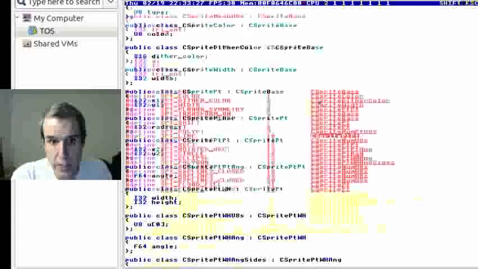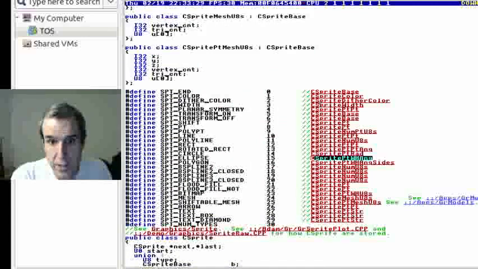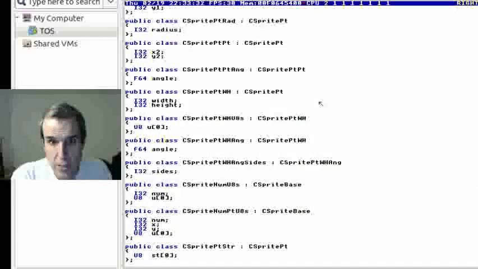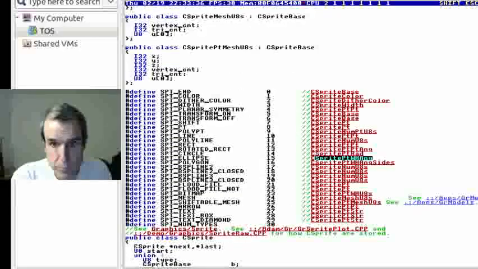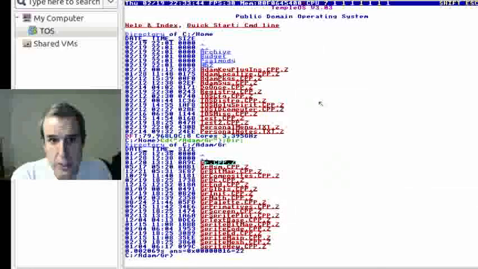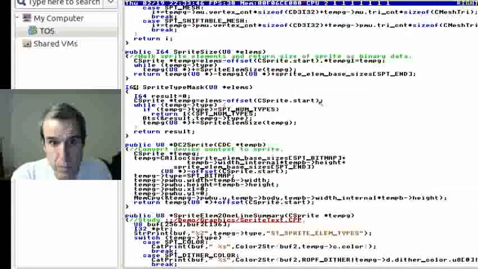A line is a point. Let's see, how about an ellipse? An ellipse is a width, height, angle. So these are the sprite element types. And if we go back to sprite type mask, what this does is it constructs a bit mask of all the element types that are present. So first of all,